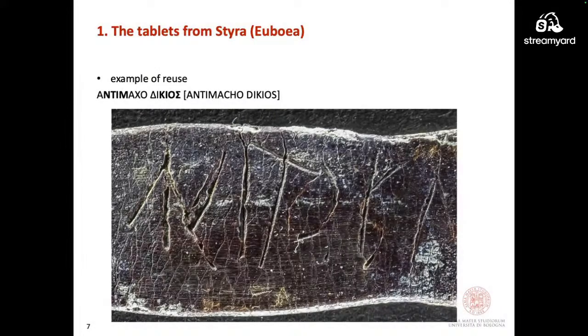As you can see, we see a nu here, and then tau, and then iota, and then part of the mu. And behind or under this letter, we see the more ancient name, and this is Dicios. And we see here the kappa, and then iota, and then omicron here, and here is the sigma.